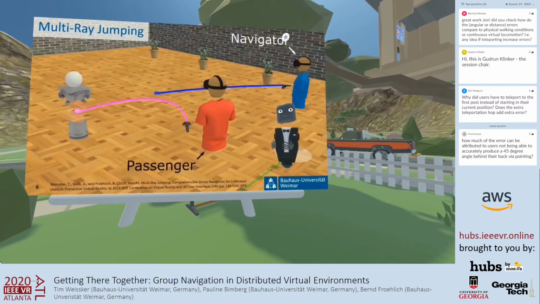And last year at this conference, we presented a group navigation technique that supports exactly this scenario for two co-located users. And this technique is called